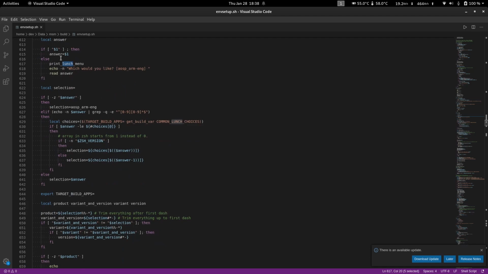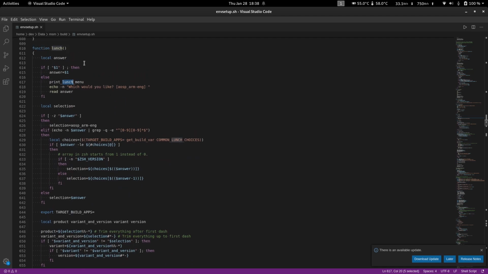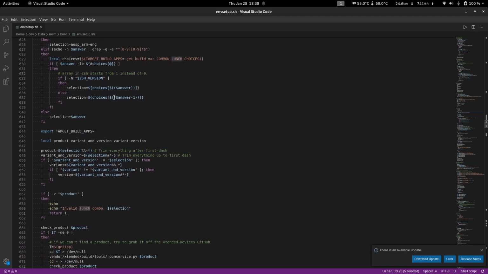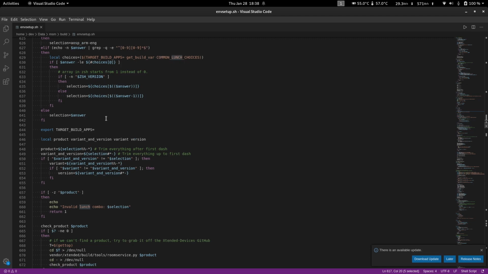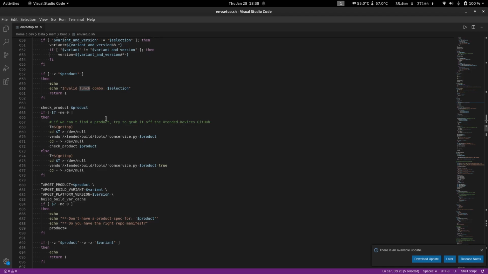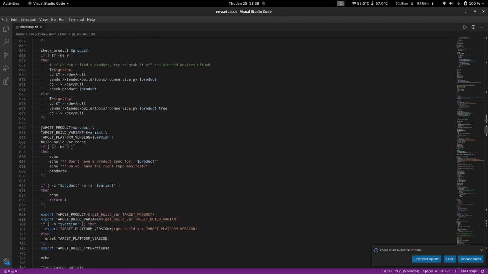Yeah, so if you have given the device along with the build type that you want to build, it will export a few environment variables and set the variant, which is basically vanilla or GApps.